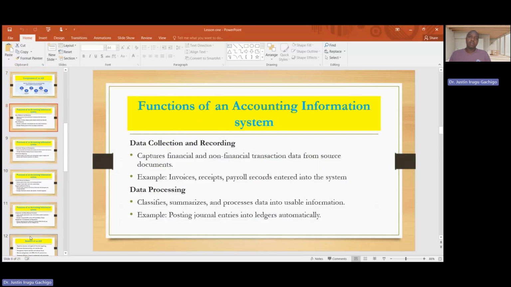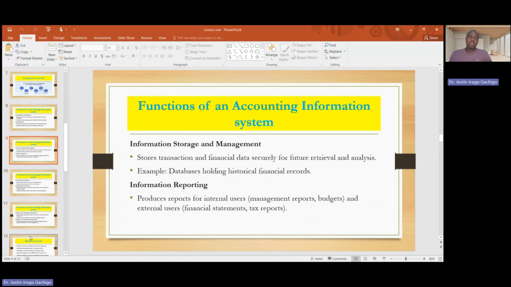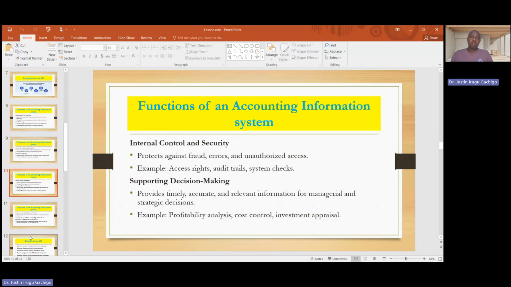Data collection and recording, where you capture the information. It processes the data to a usable state. For example, when you post journals, those journals post automatically in the ledger. Storage of information and management, information reporting. You can pull TB, you can pull management reports like P&L, balance sheet, cash flow. You can pull other reports like financial statements, which are for shareholder reporting, and the tax report to report to the tax authority. Internal controls,